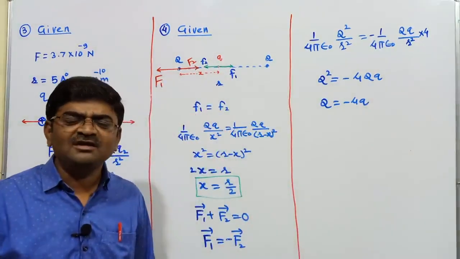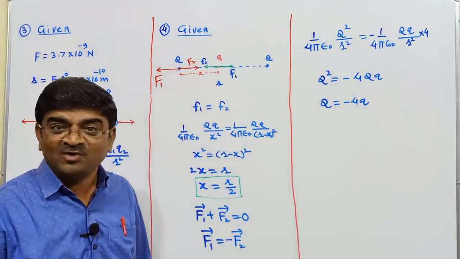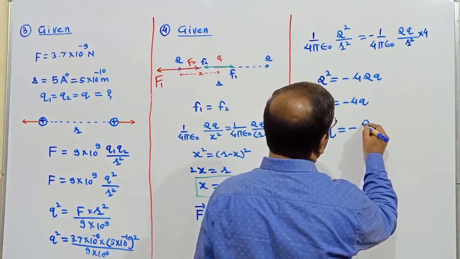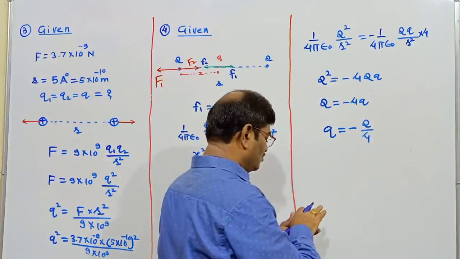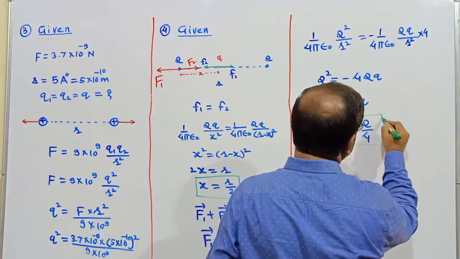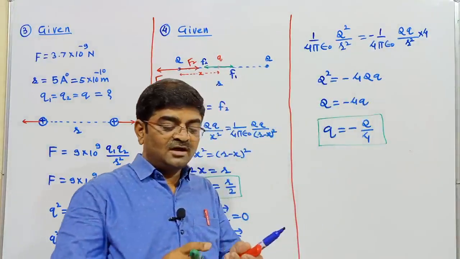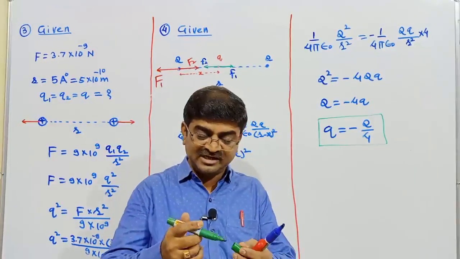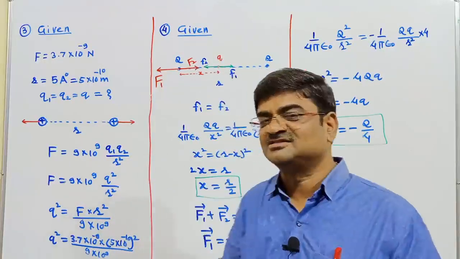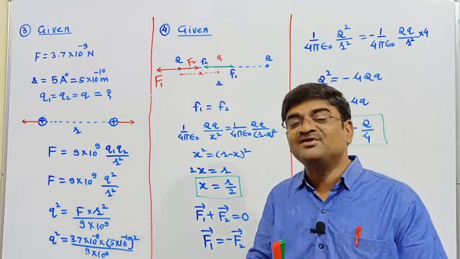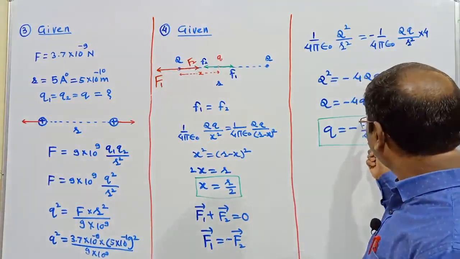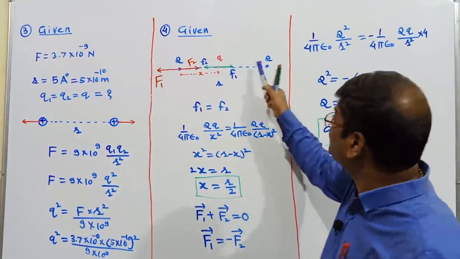What do you need? Magnitude of the third charge. And a small q I need. So small q equals minus q divided by 4. Very important result I have arrived at now. So in a system of like charges, same two charges, if I am asked to introduce a third charge, the third charge to be introduced should have a magnitude q by 4, one fourth of whatever these two charges are.